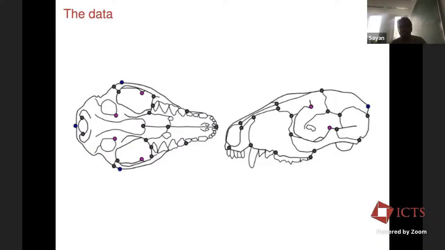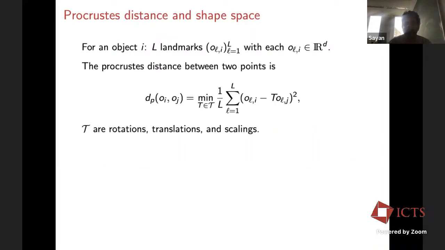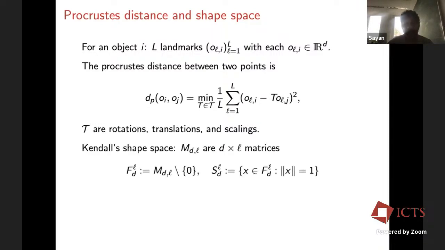So the first example comes originally from Kendall. You go to the British Natural History Museum, you have an artifact, you put down a set of points on it, and you put down a set of points on another artifact, and you know that there is a correspondence between these sets of points. These are called landmarks. And then what you do is you take the landmarks and you map them to each other, modulo translations, rotations, and scalings. And this gives you a